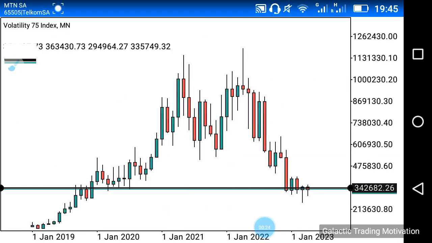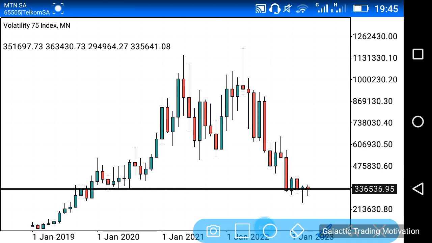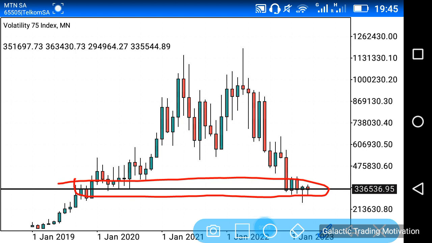Just bear with me while I do so. Let's see, right? And just remember that support and resistance, as I usually say, are areas and not so much actual lines, right? So as much as I have this line at that zone or at that level, just also note that we could say, in other words, that this entire area over here is a very strong level of support, right?